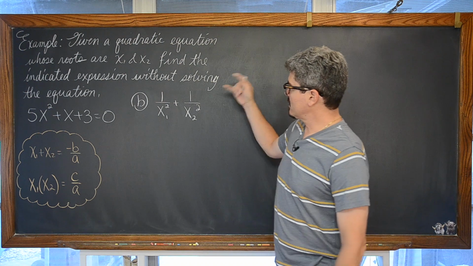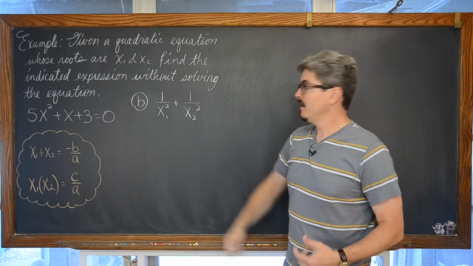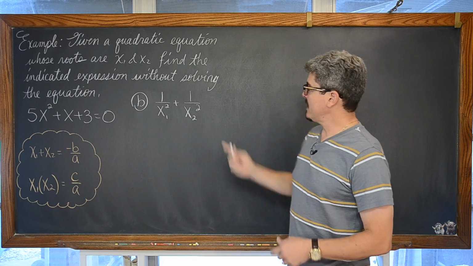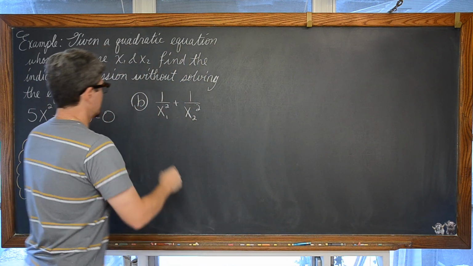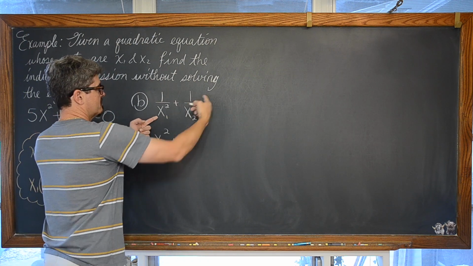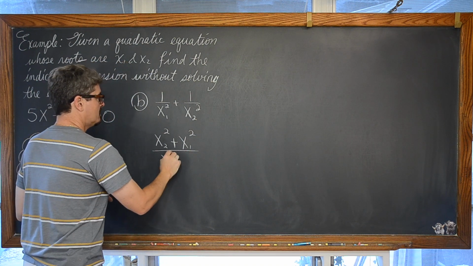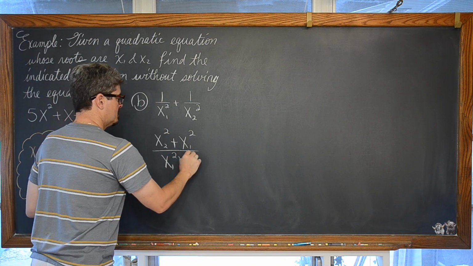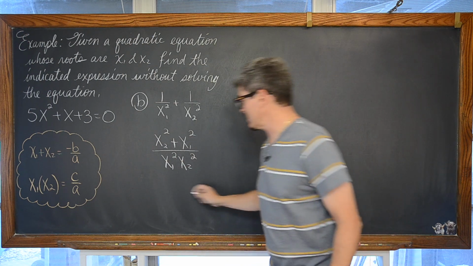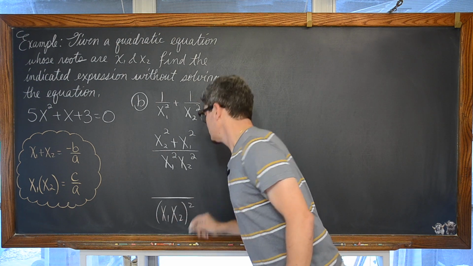Adding 2 fractions and making 1 sure worked on the first example, so let's give it another try. We're going to multiply x sub 1 squared to the numerator and denominator, and x sub 2 squared to the numerator and denominator as well. And that is going to give us x sub 2 squared plus, and then remember we're going to bring this over numerator and denominator, so plus x sub 1 squared over x sub 1 squared, x sub 2 squared. Dealing with that power of 2 in the denominator is actually quite simple. Let's just write it as x sub 1 times x sub 2, squared.